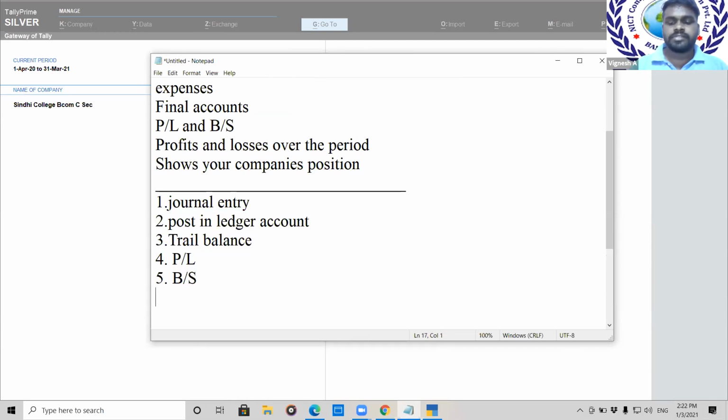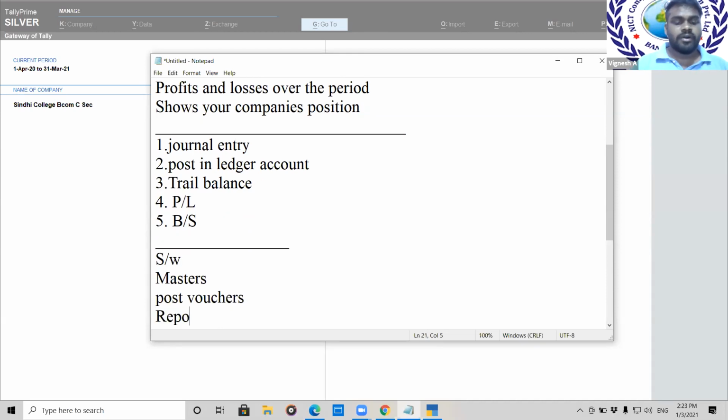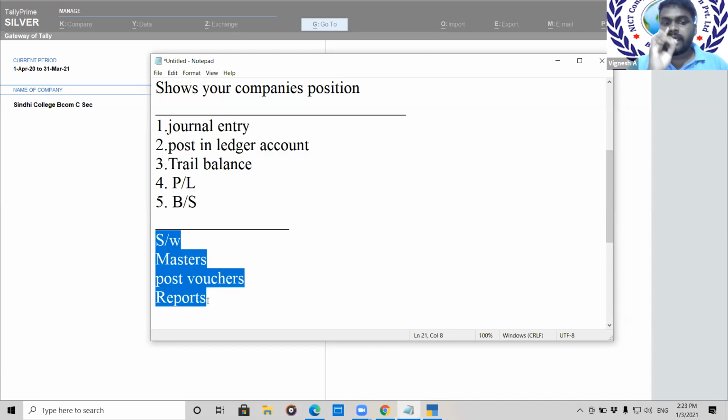But now we are learning in the software. It is quite simple. When it comes to software, we need not do all these processes, and all the things are created already. We need to just post vouchers. First we should have created masters, as we have prepared. First we create masters, post your vouchers, and just check with your reports. Automatically all the reports are updated. These are the three steps we have to do with the software. This is the manual way of books, and this is the software way. Just create your masters, post your transactions, and see your reports.